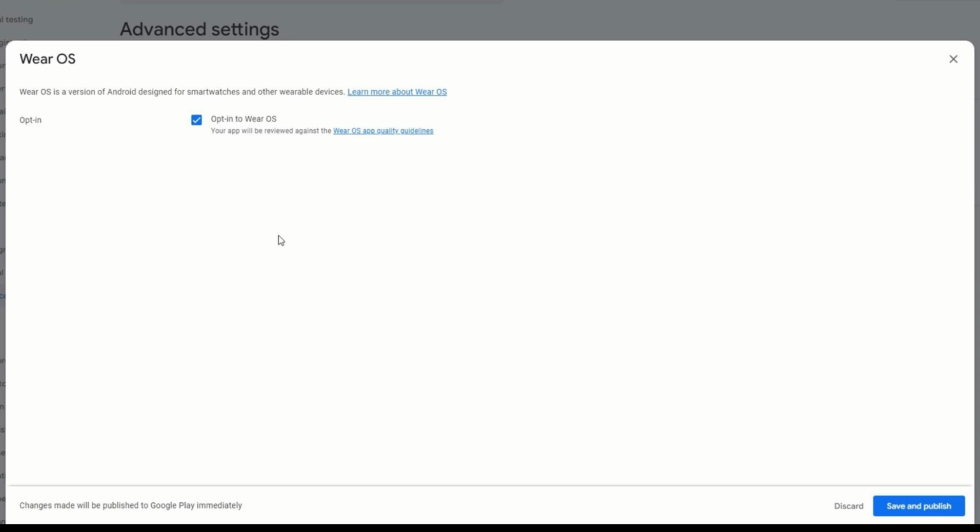Select the Opt-in Wear OS checkbox, then click on Save and Publish. A new pop-up might show up asking you to confirm. If you confirm, the app will be sent to analysis. That's it for publishing. Cool, you just created and published a companion app for your watch face, but now you